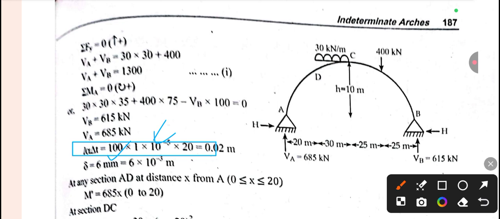And T is the temperature change of 20 degrees Celsius, so we just put it, and this value becomes 0.02. And delta is also given as 6 mm. The value of delta is 6 mm, so you have to convert it into meters: 6 into 10 to the power minus 3, this is in meters. Okay, now